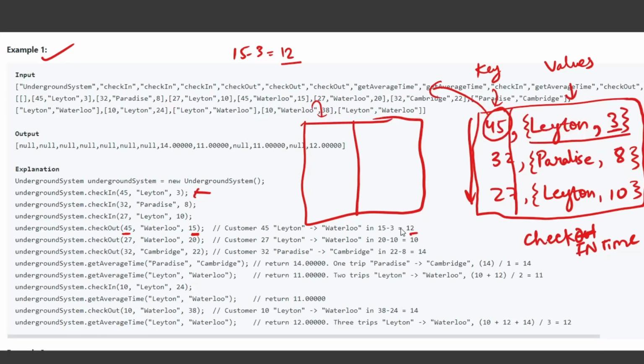Now we have to use this. So how are we going to use it? In this table we are using the key as our starting station slash our ending station. So the key here will be Leighton, Paradise. Oh sorry, it is Waterloo.